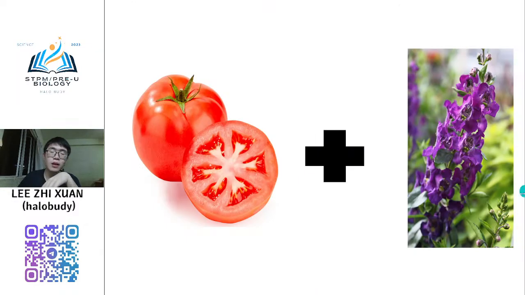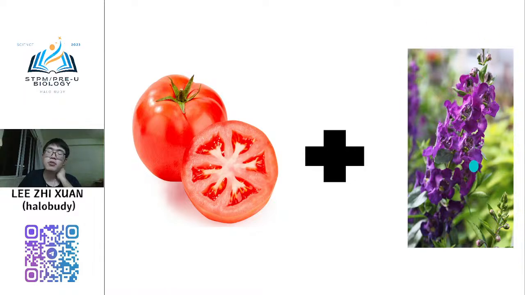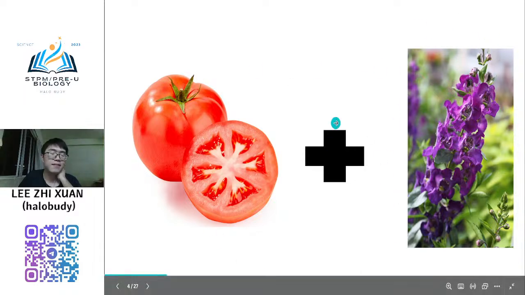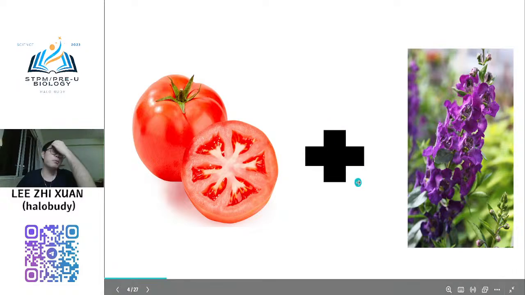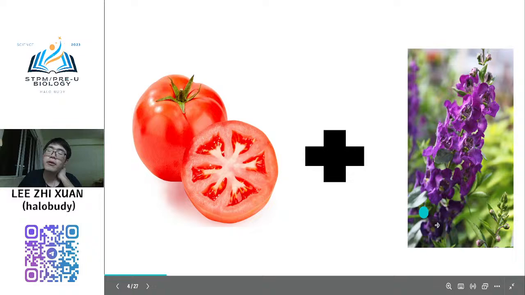Okay, so this is the very famous, I think it's the latest one lah. Latest technology in United Kingdom. You imagine that when the red tomato combine with the purple snapdragon, apa akan jadi? Ini saya buat research, bukan saya buat lah, saya ada cari jurnal ni. Red tomato campur dengan purple punya snapdragon, apa akan jadi? You can think about it lah.